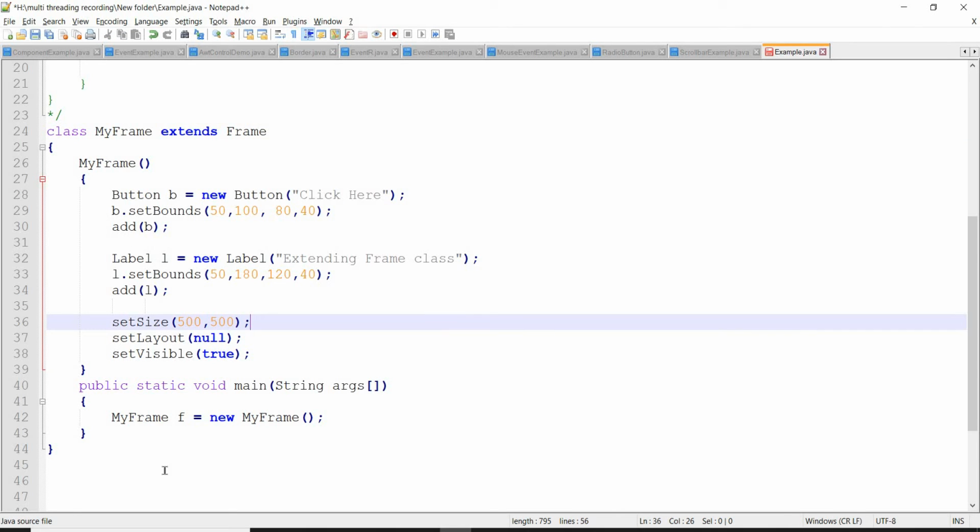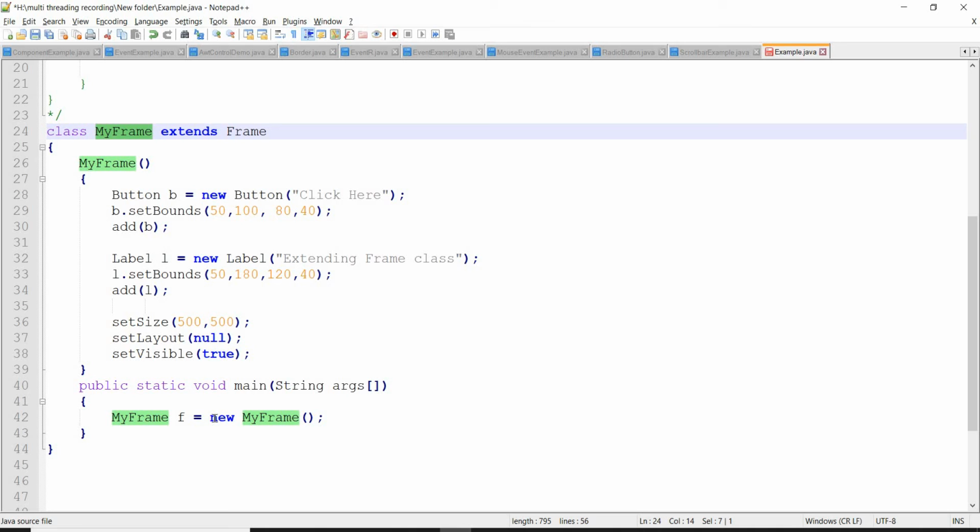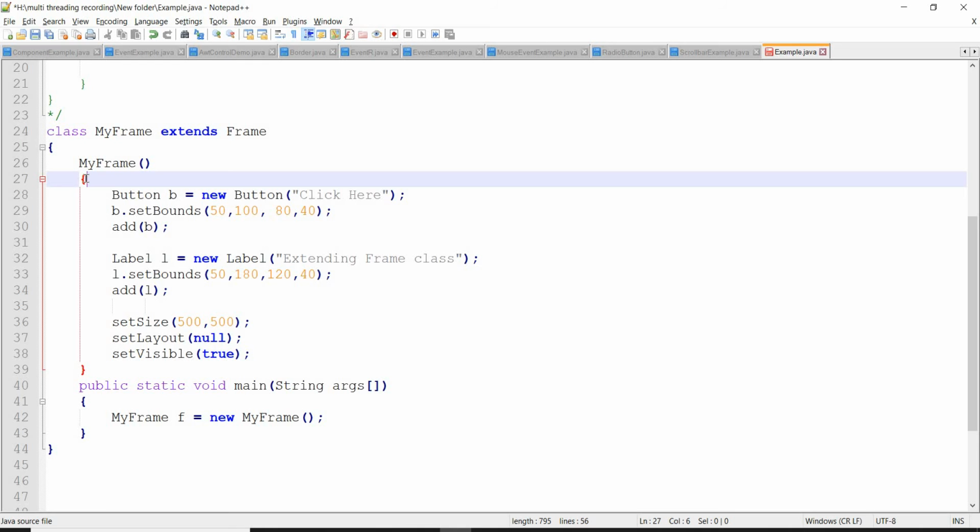Let's execute this one also. In the main method, we are going to create the object for the myFrame class, new myFrame. Whenever we try to create an object for this class, the constructor will be executed, right? New myFrame, and this is the constructor. Within the constructor, we have created two components, a button and a label, set bounds, done.